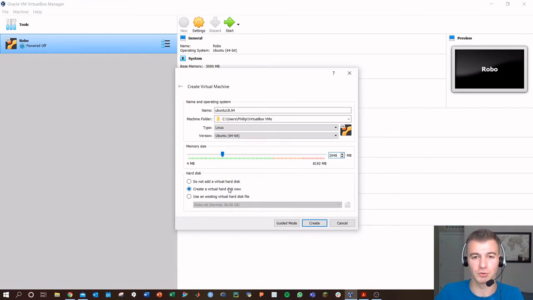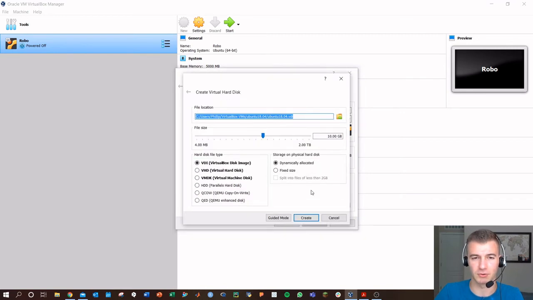And then we want to create a new virtual hard disk now. Let's create that. And then this is the location that you'll be creating your new virtual hard drive to. I've got that saved in my VirtualBox VM folder. That's fine by me. And then take a note of how big you want your disk to be. Okay, 10 gigabytes. Yeah, it's okay, but if you're going to be downloading a lot of packages, if you're doing a lot of